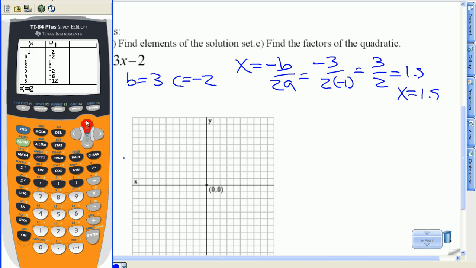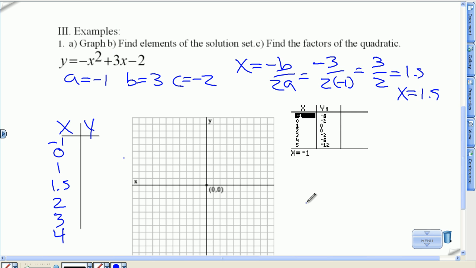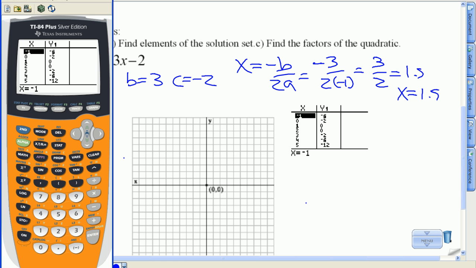Now we need to go to negative 1, so I'm going to scroll up a little bit, drag this over just for ease of use. Negative 1 gives me negative 6, 0 is negative 2, 1 is 0, 2 is 0, 3 is negative 2, 4 is negative 6. I go back to the calculator, I hit second calc, value, and I want to know